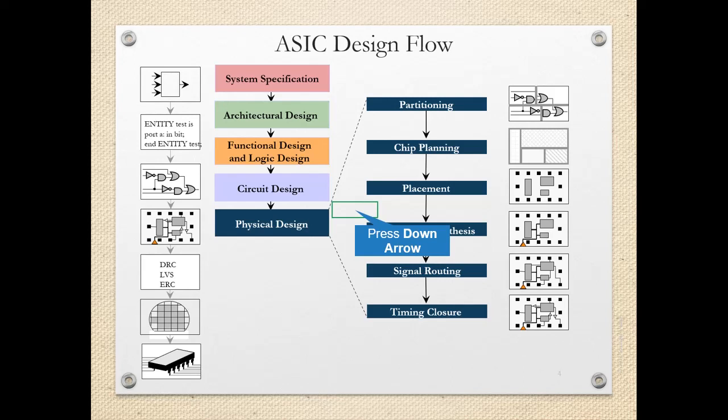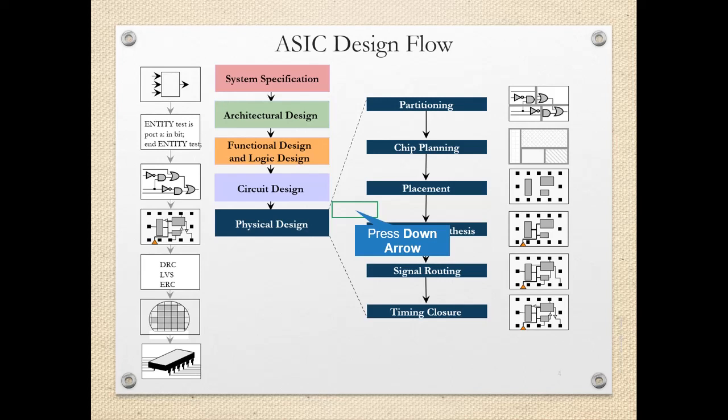In system partitioning, we divide the large system into the ASIC size pieces. So for a particular foundry, the size of the ASIC is fixed, like it is 1 mm by 1 mm or 1.5 by 1.5 mm. So if the design is bigger and cannot be fitted into that available chip area, then the design is to be partitioned, means it is to be divided into small blocks so that the ASIC size pieces can be done, and then with the help of which we can proceed for the chip design.